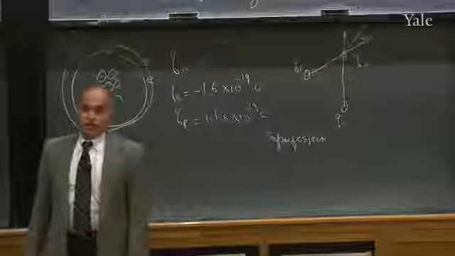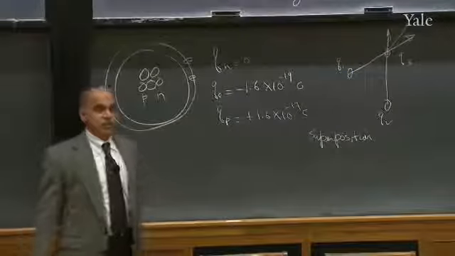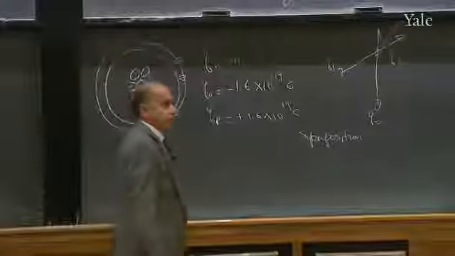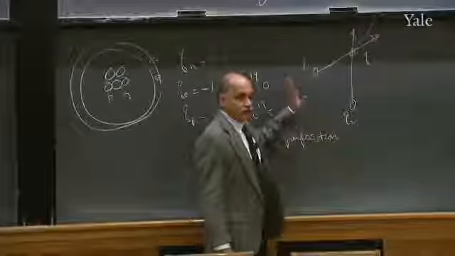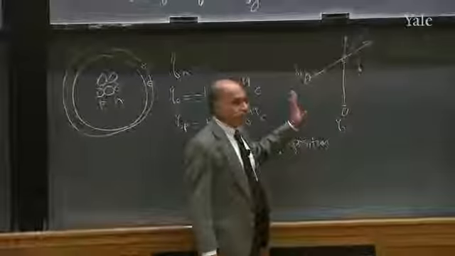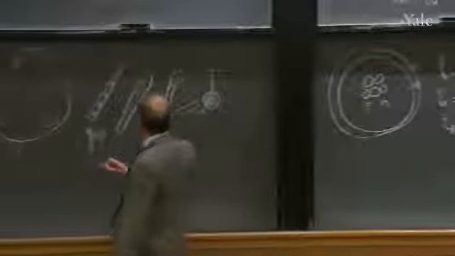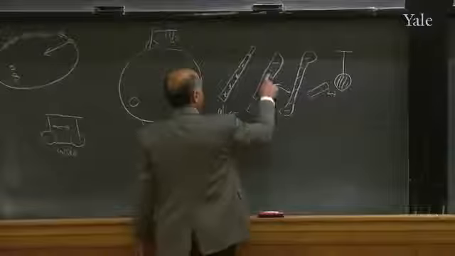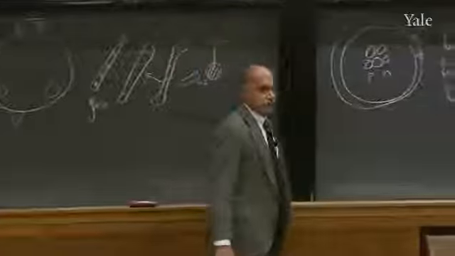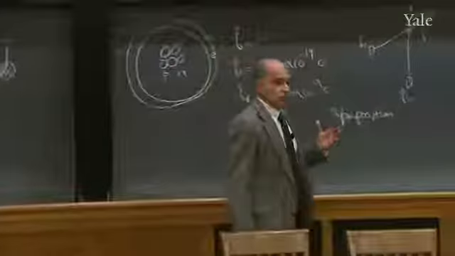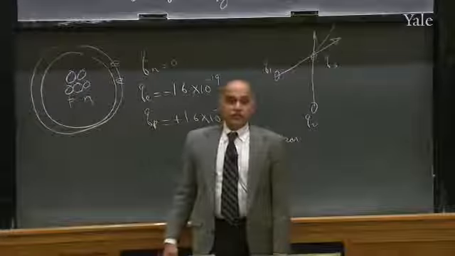Logically, there's no reason why the interaction between two entities should not be affected by the presence of a third one. But it seems to be a very good approximation for what we do. And that's the reason why eventually we can find the force between an extended object and another extended object by looking at the force on every one of these due to every one of those and adding all the vectors. Okay, so superposition plus Coulomb's law is what you need. Then you can certainly understand the attraction.